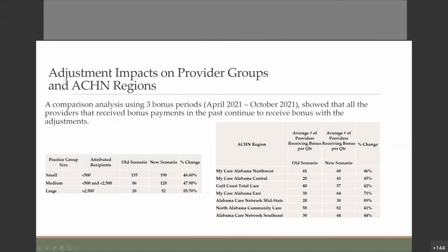And we wanted to just show what some of the outcomes are. So I've talked about them separately, but this comparison and analysis shows the averages of applying both of these changes to the past 3 bonus periods. And so we are showing on the left, we broke out the practice group size according to attributed recipients. And the old scenario is what y'all have been experiencing for the last 3 quarters, and the new scenario